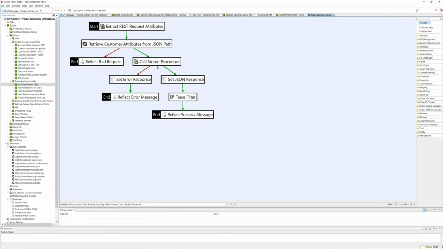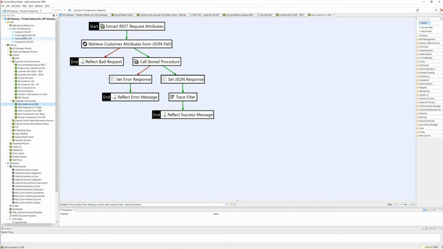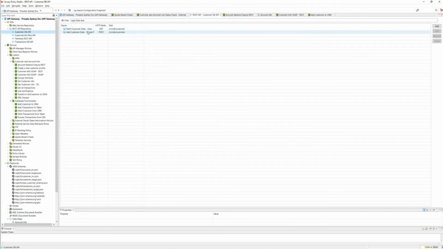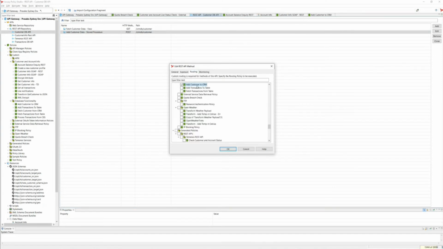So basically, I just had a table here, and I created a full API which is calling this table. I didn't have to have a backend also. So this is how, if you have some tables and you just want to export the API, you can do it like that. You see this API here, the customer DB API. So calling the stored procedure, this is the method which we called from Postman, and it is routing to this policy. So you can have a backend routing policy like that also, and then deploy this on the gateway and then